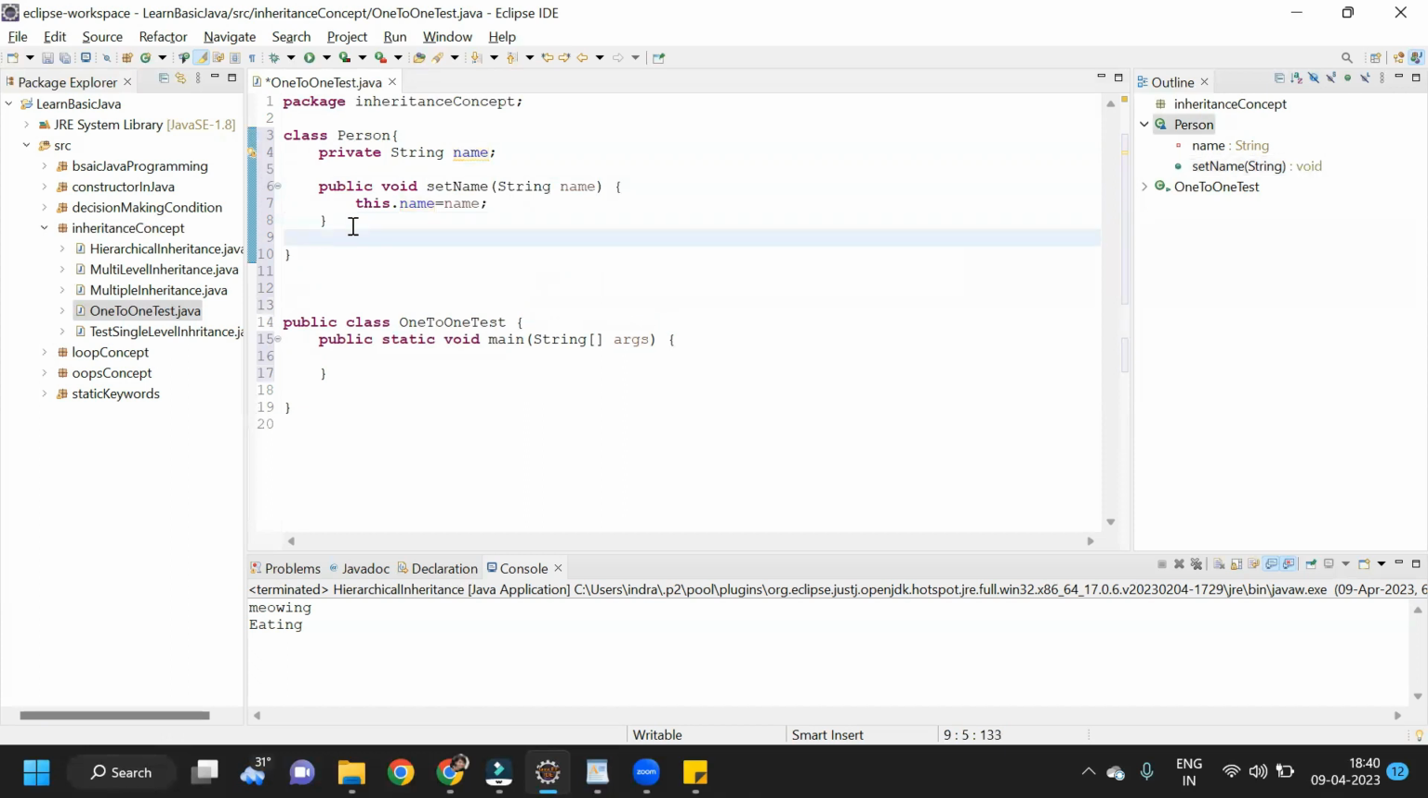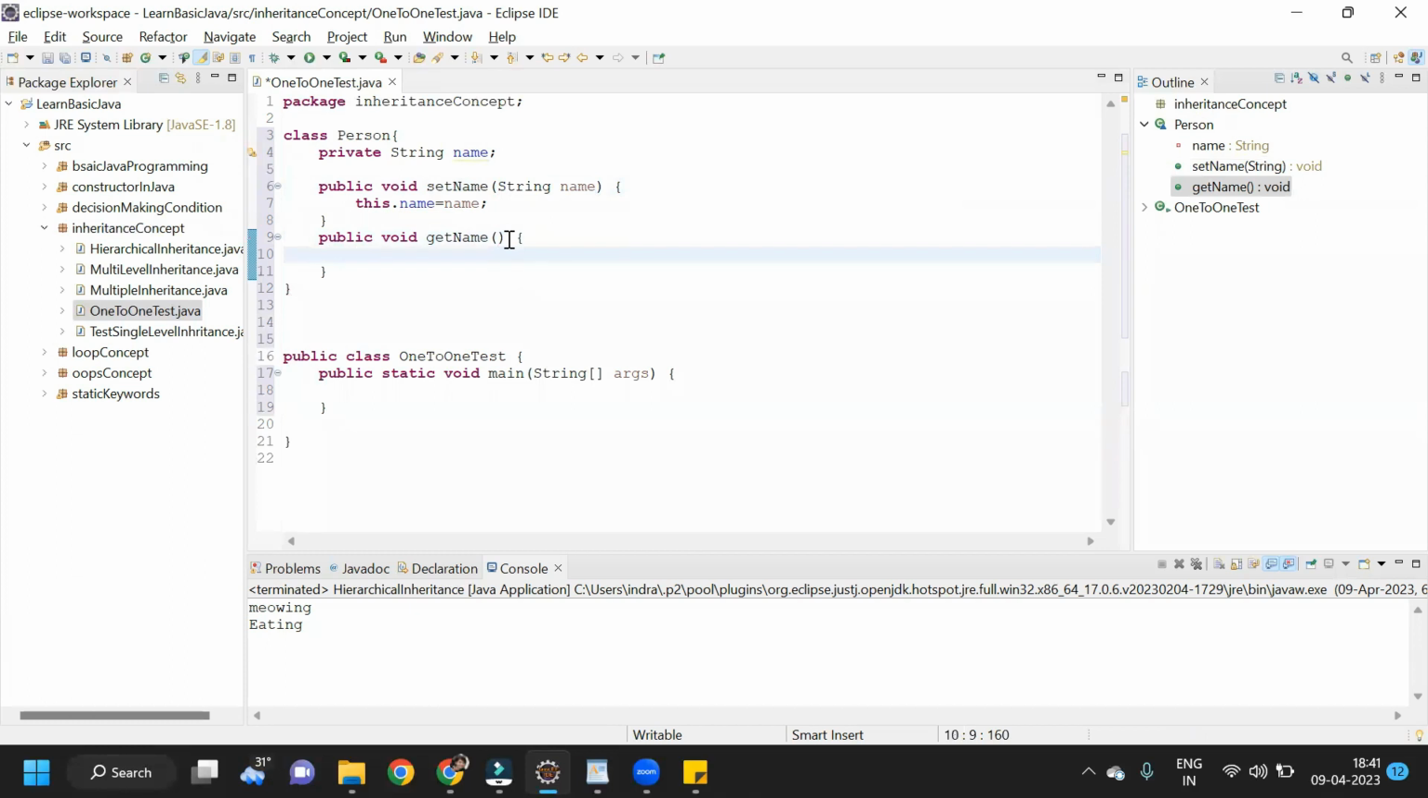So I will create one more method, that is public void getName. Now we want to get whatever name you have set here. So what we want to get? Name, and it will return name, right? It is returning name here,